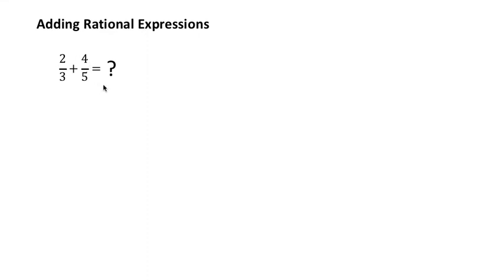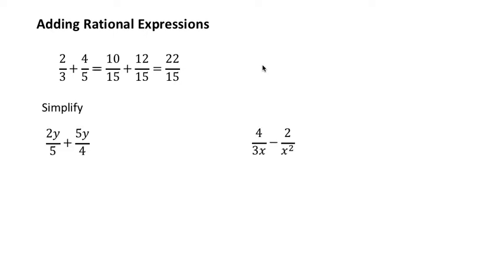I hope you've just answered me by making a common denominator, like that. So 3 times 5 is 15, so you times the 2 by 5, times the 4 by 3, and then you add it together. Right? If you can do this, it's not that much harder to do ones with variables in them and unknowns, like